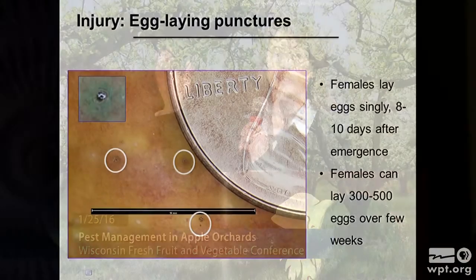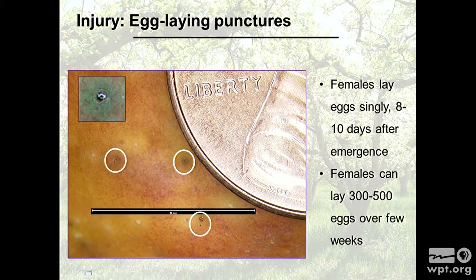And then 8 to 10 days later, the females are ready, they mate, and they're ready to lay their eggs. So that's the oviposition period, and that has implications too. If you look at the oviposition scars, they're very, very small. They're hard to see. The female will just puncture the skin and lay its eggs underneath the skin of the fruit. They lay 1 egg at a time, and they can start laying eggs after that pre-oviposition period, so 8 to 10 days after emergence. They can lay up to 300 or 500 eggs per female.